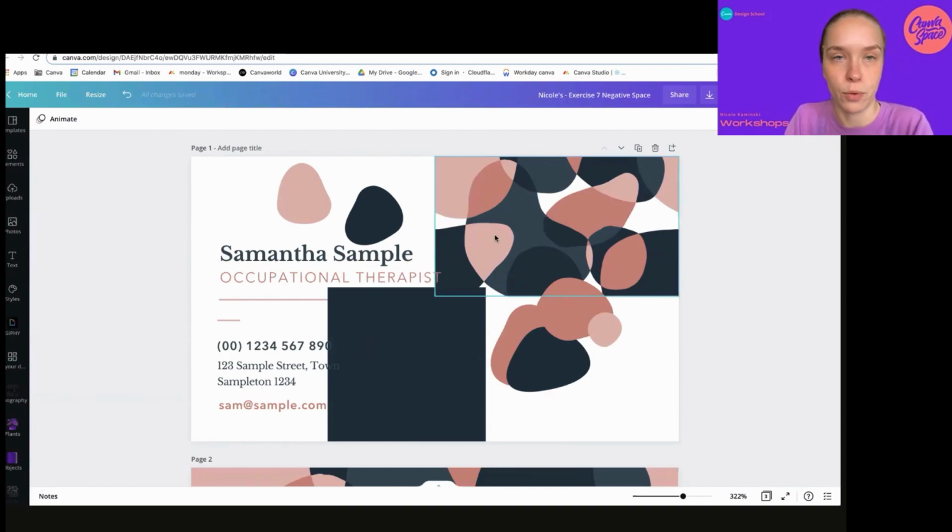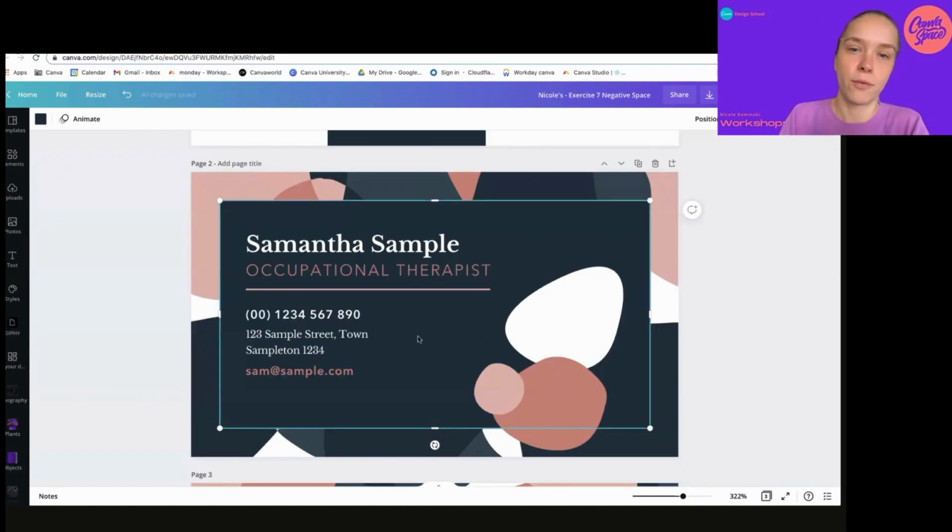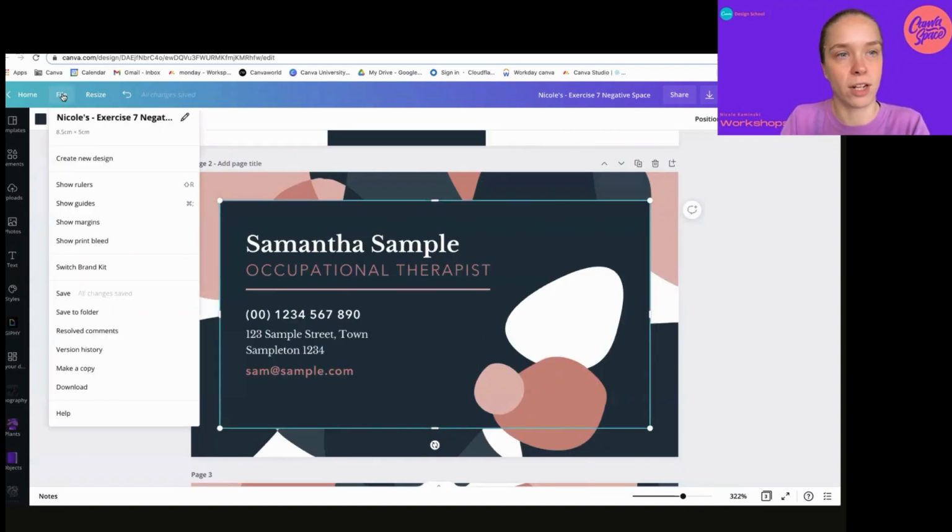It's also applicable to photos. So if you find a photo, just always look out for that little I info button. So if we were going to print this out, I would make sure I go to File and show Print Bleed, because in any type of print, when you send a bit of artwork to print, they'll always ask for